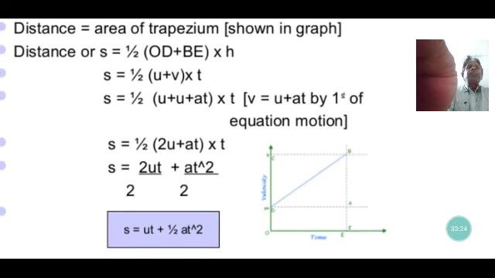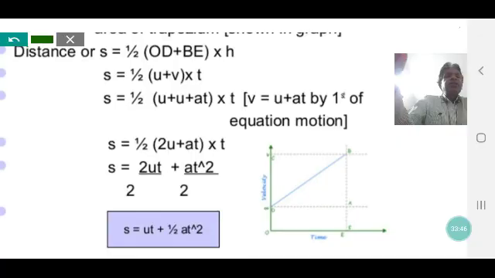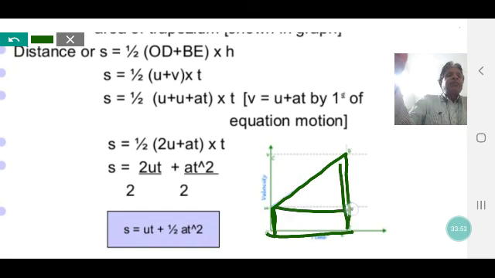we can find the area of a triangle and the area of a rectangle here. Look here, we can find it easily like that. First, to find the area like that here, it is a trapezium. This shape is a trapezium. It has parallel sides, and there is a distance between them. If we find the area of the trapezium, we can easily find the total displacement covered.